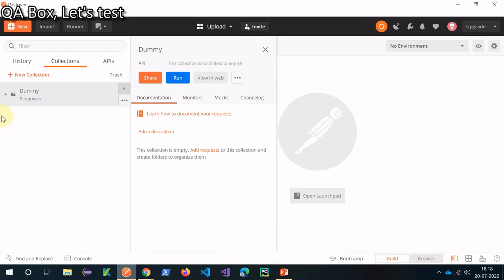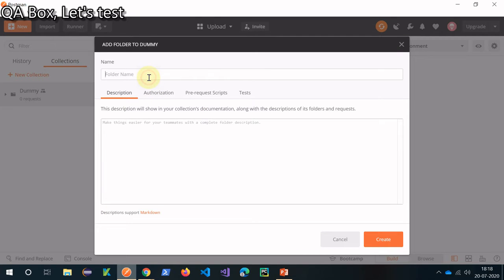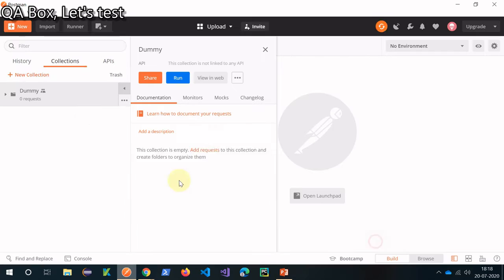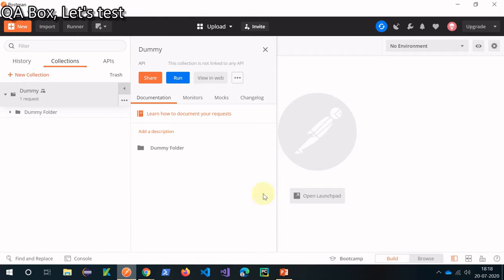Then let's create a folder inside that, and we say dummy folder. The next thing we are going to do is inside this folder create a request, and we call this get request.